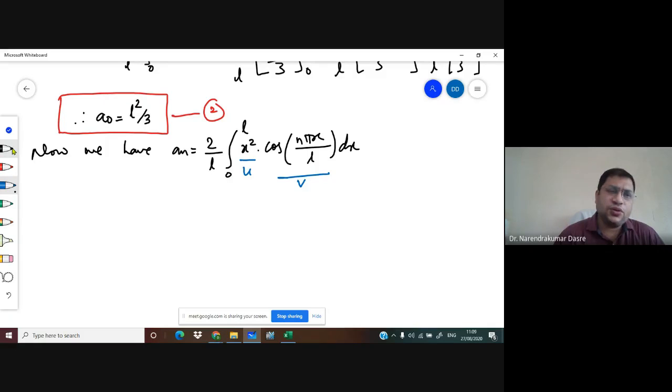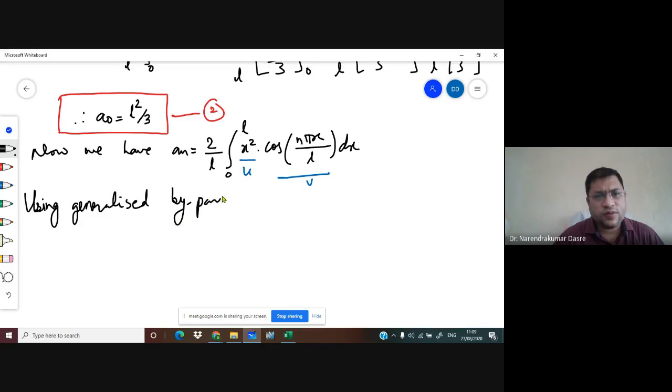Okay, so we'll use the u into v rule, and hence we can say using the generalized by parts rule, we have,